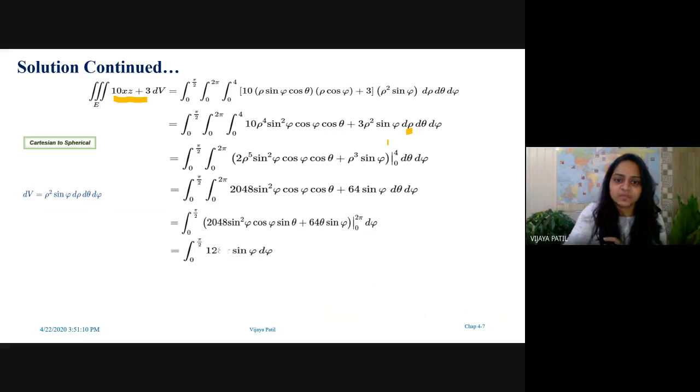So just go ahead with this. This is the calculation part. I am not going through this calculation. It's extremely simple. My suggestion for you: just pause the video for a while. Whenever the first step comes over here, pause the video, and before going to the next step, understand and find out the next step. What would that be? Just work it out, and then you will get the answer as 128 times pi.